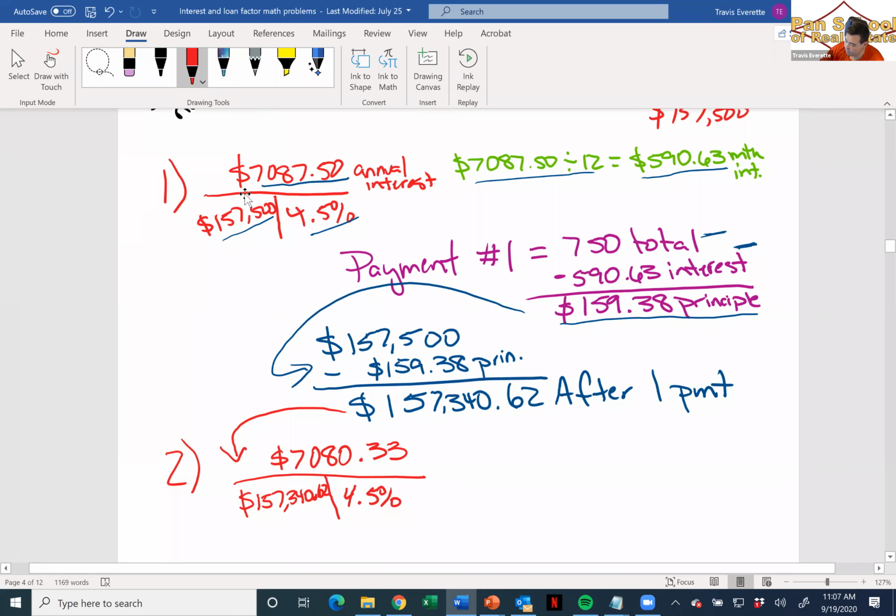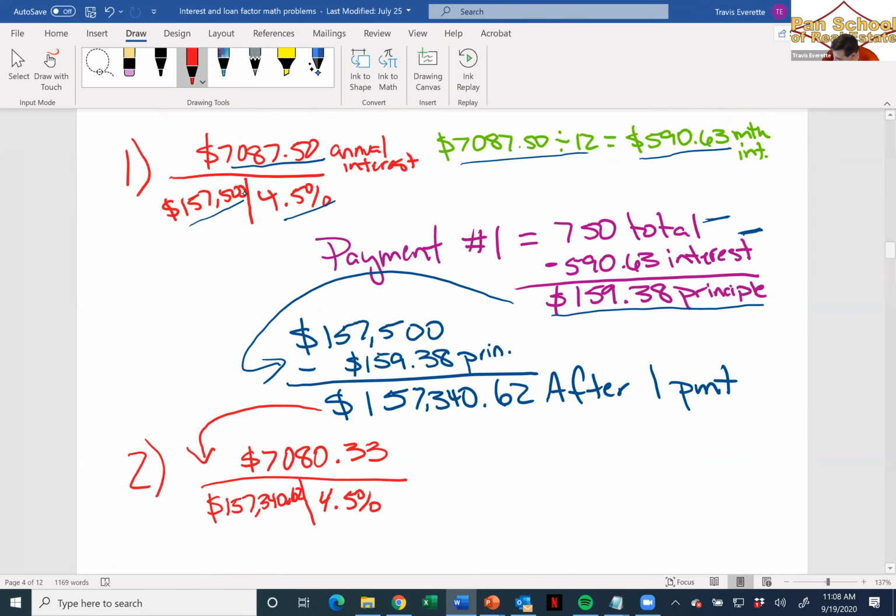Just like we did in the above step, we need to break that down because that's annual interest. We can't use the previous month's same exact interest amount. We have to recalculate it. The rate is the same, but not the interest amount, because the interest is going to be less. The interest is less because the loan balance is less. You can't just repeat the process over and over. If you look at the comparison of these two numbers, the annual interest there and the annual interest there, it's a different number, right? And that's because of the lower loan balance.